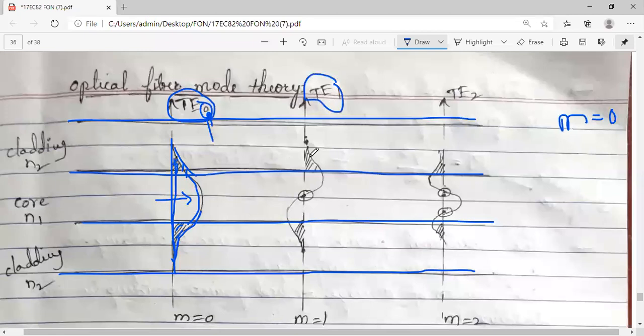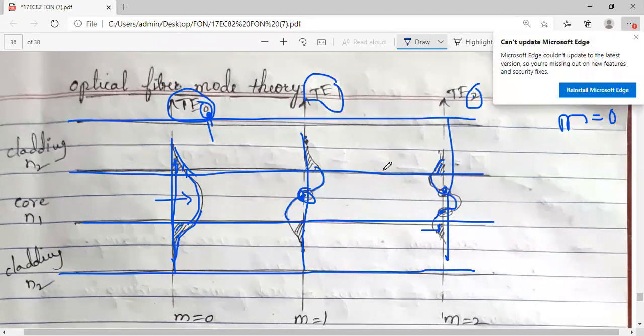Now about TE1, you can see the field distribution, moreover it is here at the center, but there is one time the field is having a zero crossing. So this is TE1 mode. Similarly for TE2 mode, what is happening? At the center, the field is concentrated and tapering towards the cladding. Of course, the shaded area, you can see it. Along with this, you can observe TE2. So there will be 2 zero crossings. This horizontal line is being crossed by the field 2 times. Likewise, it will continue 3, 4, 5 and so on.